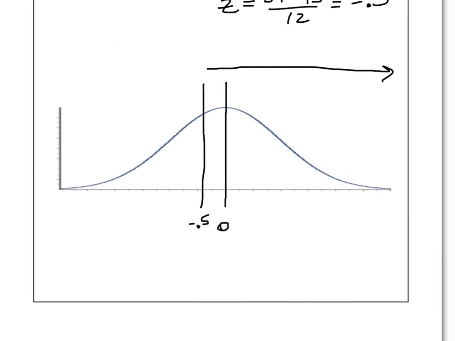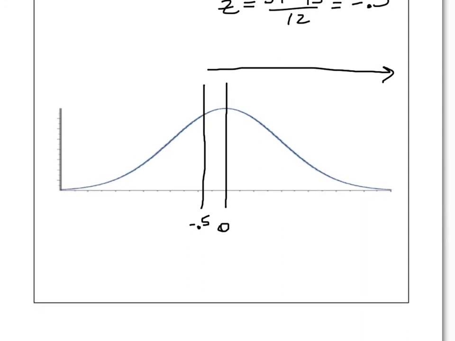So my z-score for negative 0.5 is 0.3085. Well, that's the area this way. In order to find the area the other way, I've got to take 1 minus that value, and when I get that, I will get